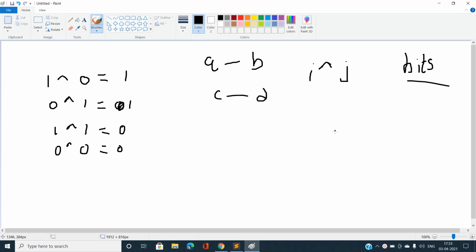So let's consider a binary representation of the number. If we consider the binary representation of, let's say, 5, you can easily see the binary representation of 5 is 101, and 7 would be 111, and if we take 5 XOR 7, you can see we can compute this 5 XOR 7 efficiently using the help of the bits.